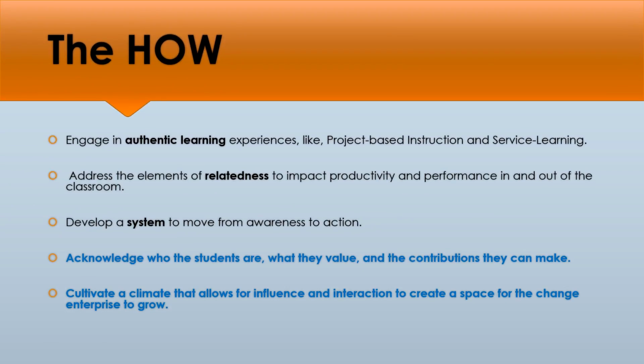So for the how, we go back to the model and the theory, the model of influence and the interaction congruence theory. And so working from the bottom up, we look at the two highlighted statements. One being, we need to acknowledge who our students are, what they value, and what they can contribute. And when we talk about their contributions, we're talking about the contributions that they're making to the classroom culture, to the climate of that classroom, or maybe even perhaps the culture and the climate within the school, or how other people, teachers, administrators, paraprofessionals, even parents, how they may contribute to the climate and the culture to make some improvements,